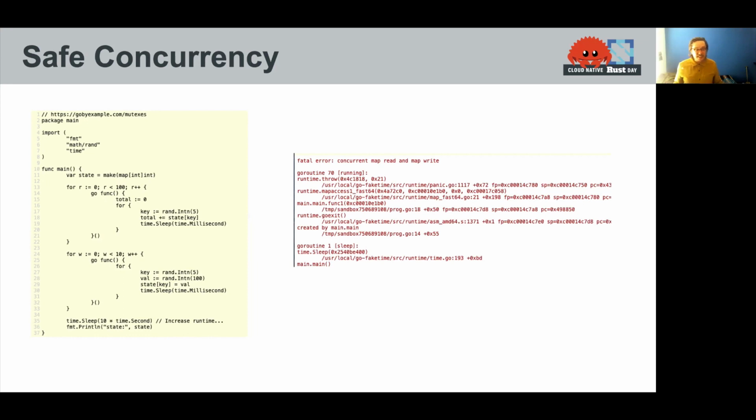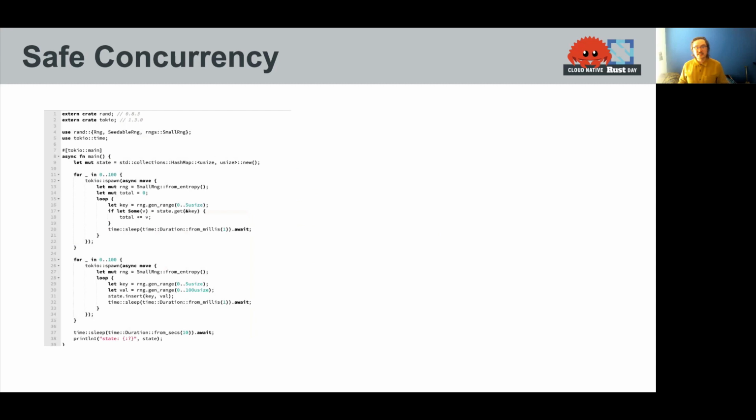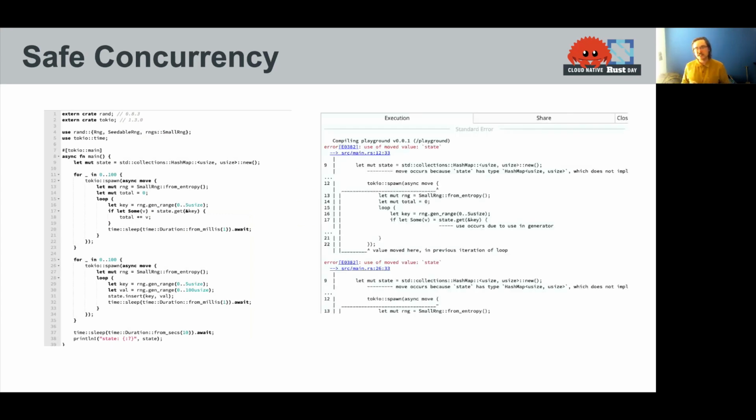So this is completely non-deterministic, right? I can write tests that pass, and then when I ship it to prod, this thing can fail in an unexpected way. This is virtually impossible to do in Rust. So here's the same code effectively written in Rust. And when I try to compile this, I'll actually get an error that says, hey, this map you built, you can't use it in multiple places at once. Somebody has to own this thing.